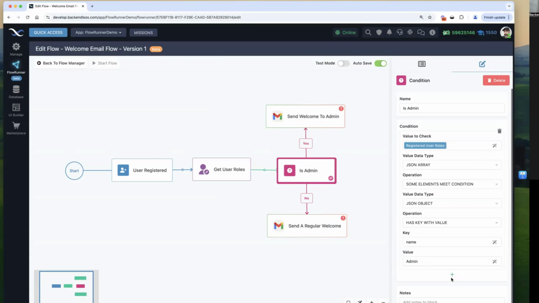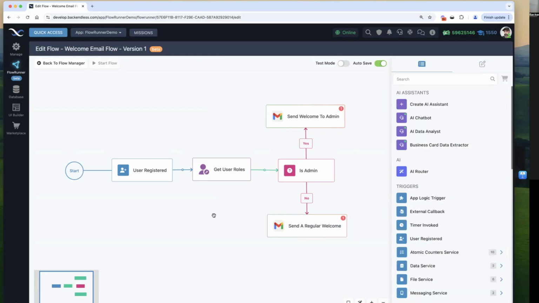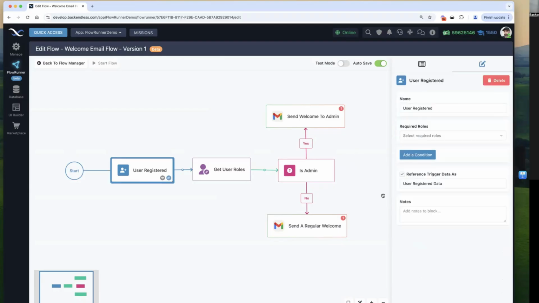And then if it is an admin, it sends out an email to welcome that user as an admin. Otherwise, it sends out an email to welcome that user as a regular user. Okay. Now, some basic concepts here are important to highlight. For every single block, there are incoming parameters, and then there are outgoing values. Okay, whenever you have a trigger, the data that it receives can be referenced in the flow, and you specify how. There is a built-in assignment of how that value is going to be referenced, but